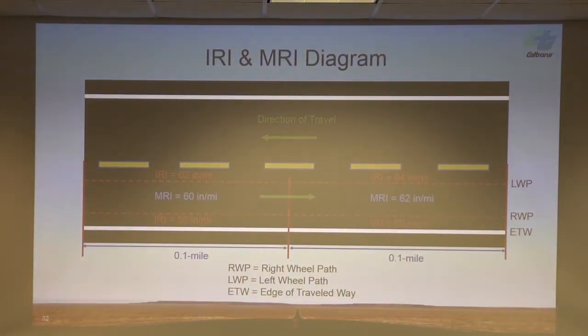So here's a graph that shows how you calculate MRI. If we looked at all the IRI values in this 10th mile segment, it starts at the left side of the screen and runs to the center. And we said the average of all those IRI values is 62. We did the same thing for the right wheel path, 58. Together, all those values average to be a 60. That's the MRI, 60. So when you go into ProVal, there's an option where you select IRI or MRI. IRI in ProVal is the roughness of a single wheel path, and MRI is the average roughness of both wheel paths.